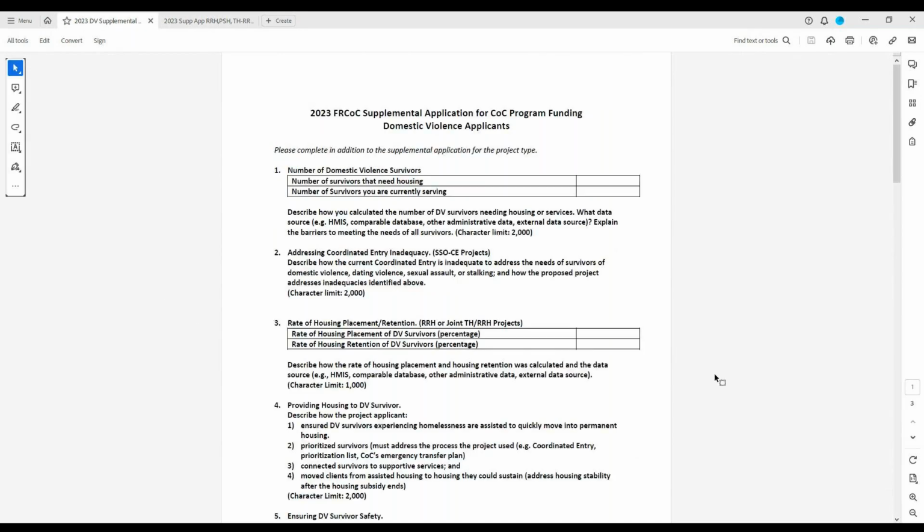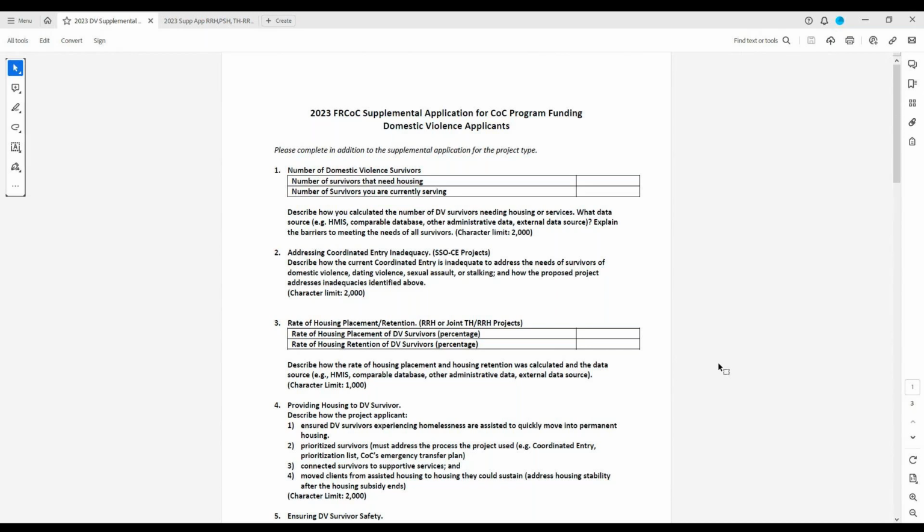The last of the supplemental questions just has to do with anyone who's applying for a domestic violence project. So not to put added burden on Mindy and any other domestic violence applicants, but there's a lot of other questions that HUD takes into consideration in determining whether or not to pull out DV applications for that DV bonus.